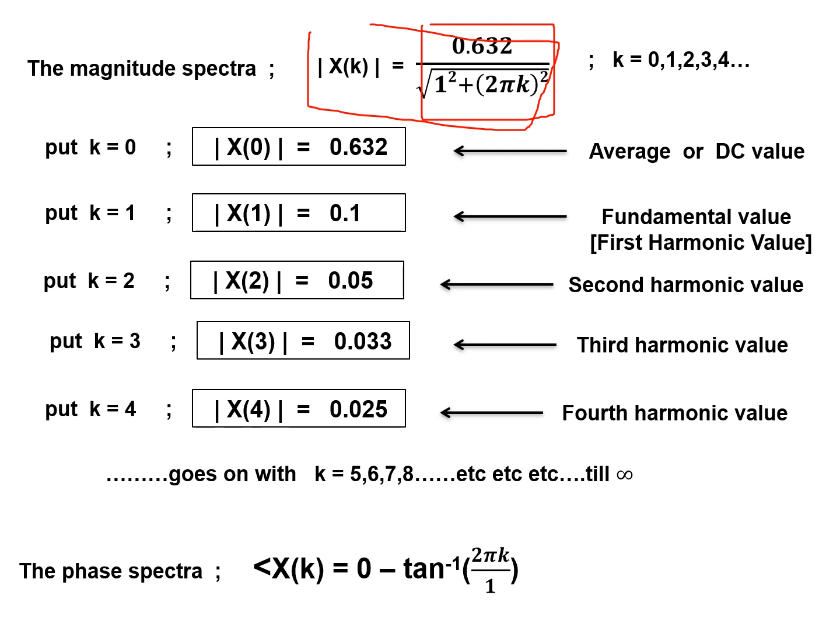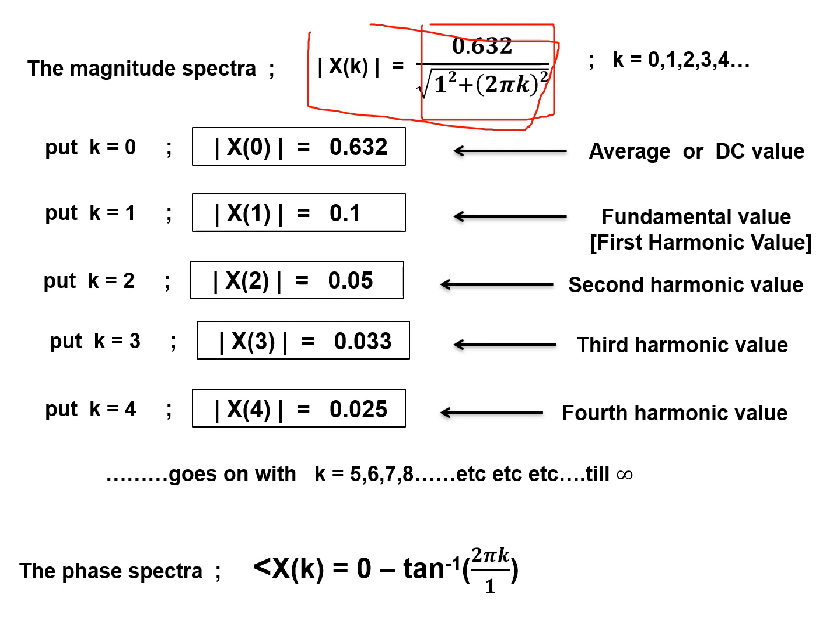Therefore, 0 minus the denominator, which was a complex number. It was actually 1 plus j 2 pi k. So it's a complex number, and its angle is tan inverse of b by a. B was 2 pi k, a was 1. So the angle of the denominator was tan inverse of 2 pi k divided by 1. Numerator angle minus denominator angle, that is how we find the angle of a ratio. So 0 minus tan inverse of 2 pi k by a.